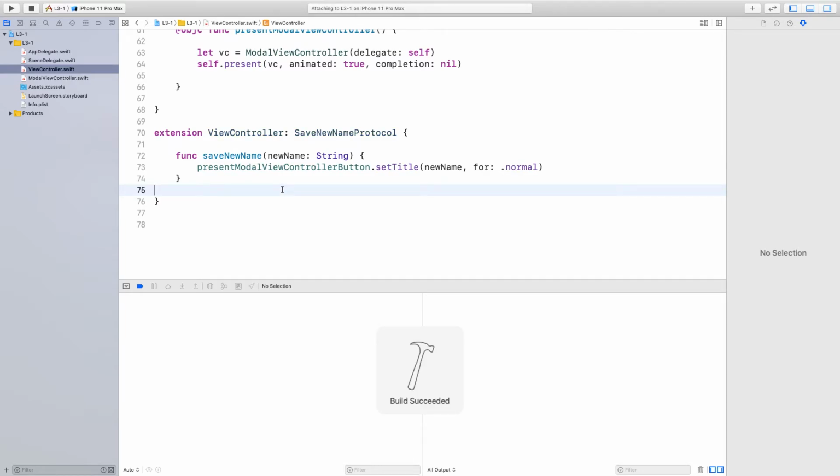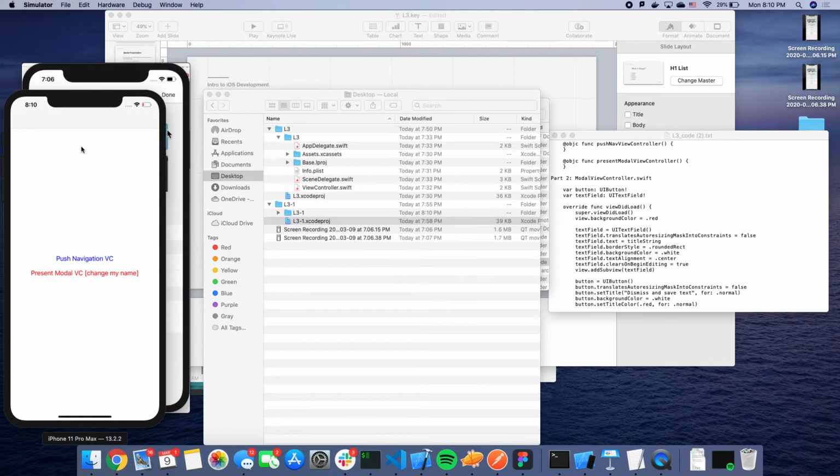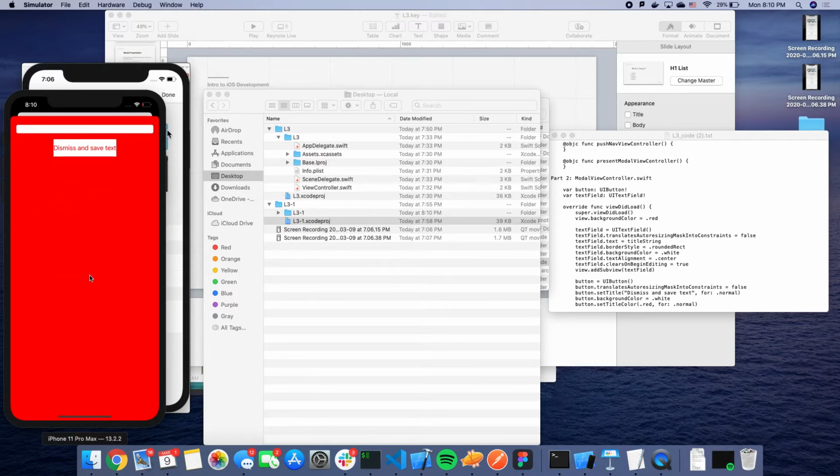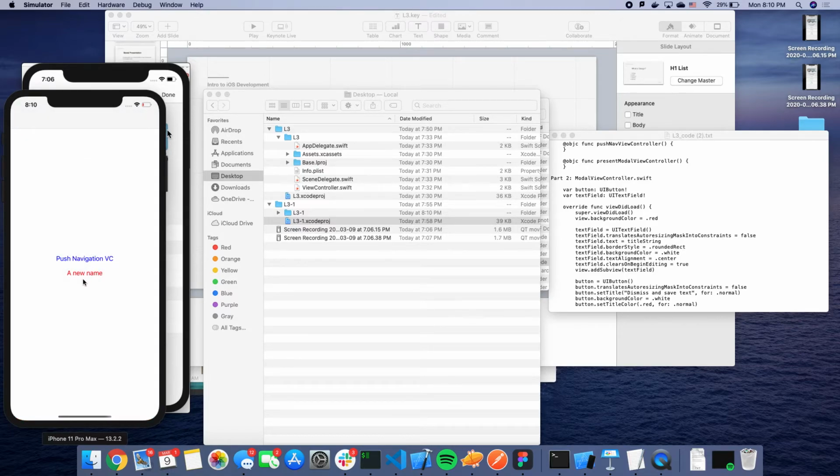But if we do this, also remember we force unwrapped, so please no one pass in empty strings because it'll complain. But if we pass in a new name, you'll see that it updated the name on the old view controller. Does that kind of make sense on how this communication channel is happening through the delegation? Okay,